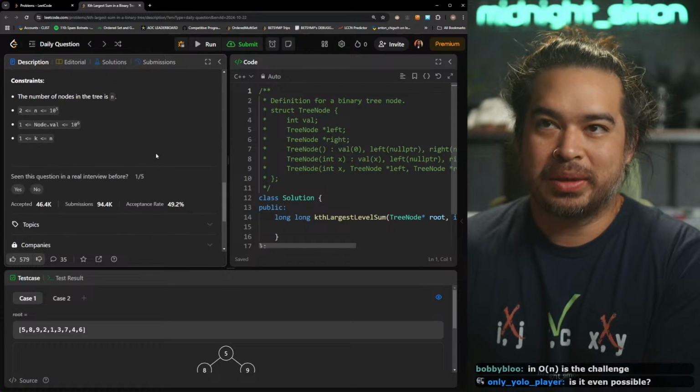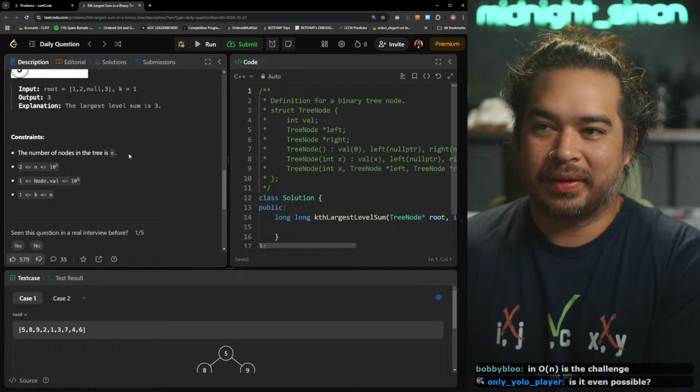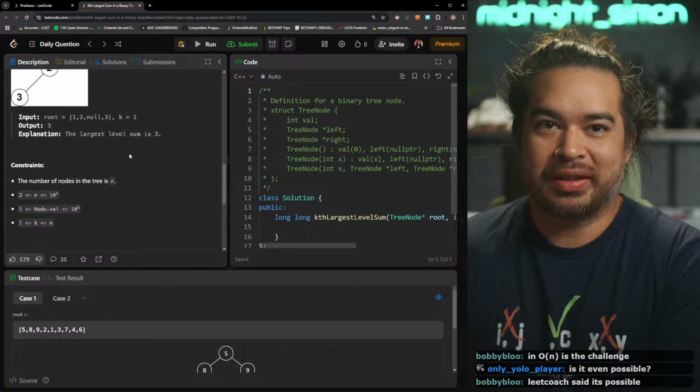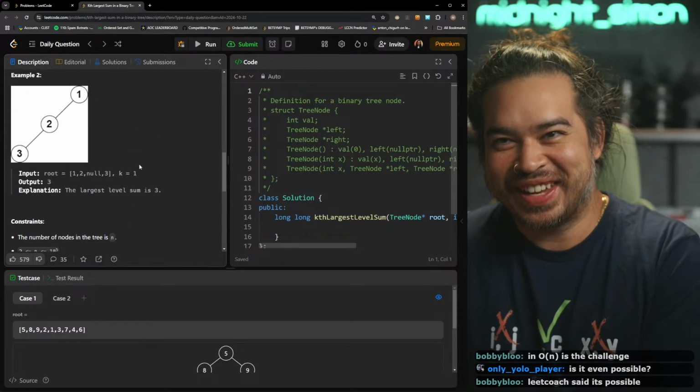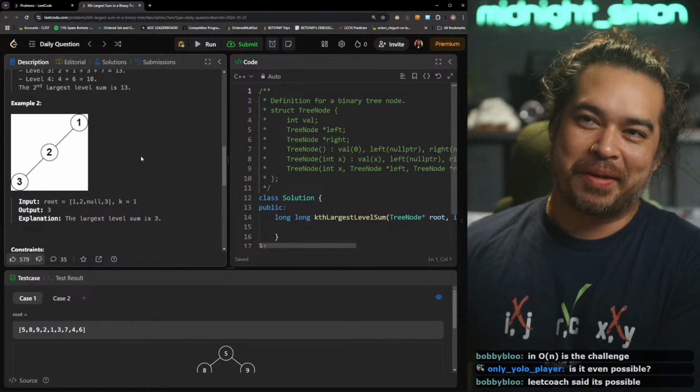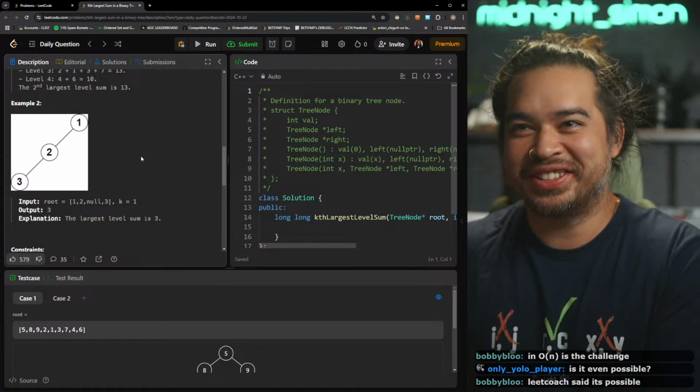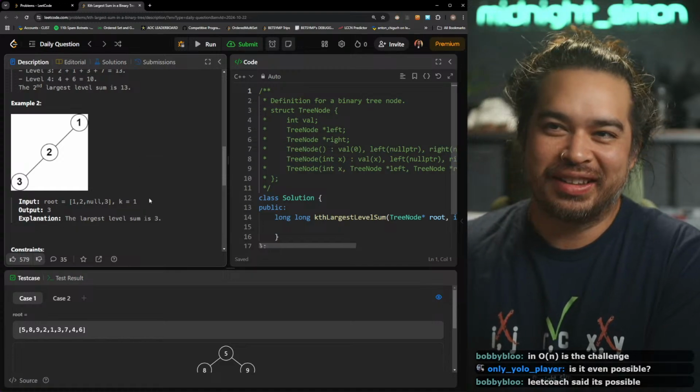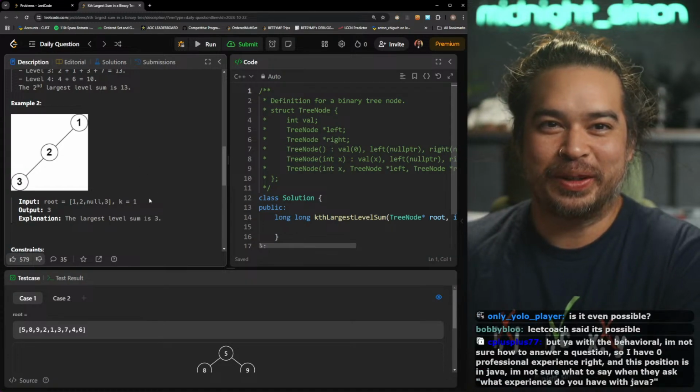Is it even possible? I don't know. Let me think. LeetCode said it's possible? One of the top competitive programmers in the world says it's possible. Doesn't mean anyone can do it.